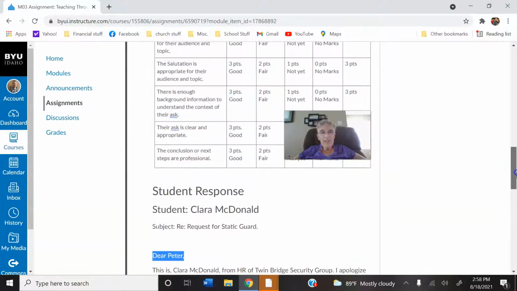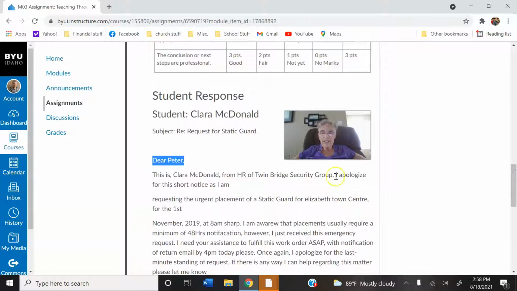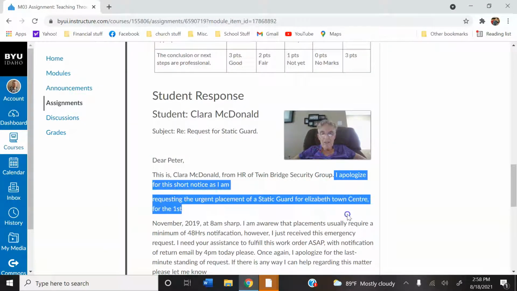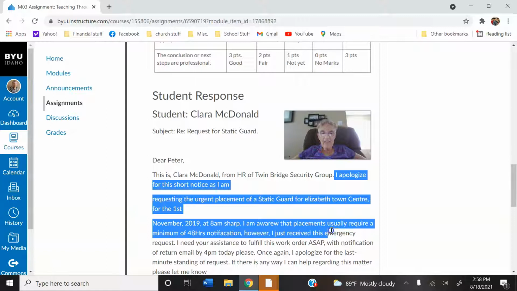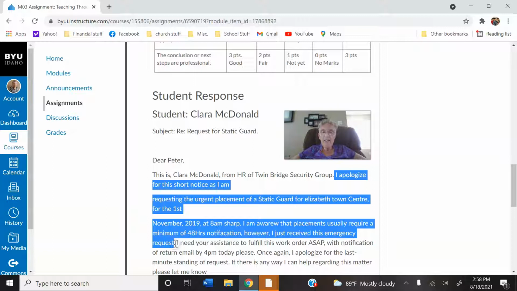All right, so then the next one is enough background information to understand the context of your ask. Now, you did give us some good background information. You really did. You talked about the short notice, and you talked about needing the information, but you just got the request. That would be what I would consider the background request.